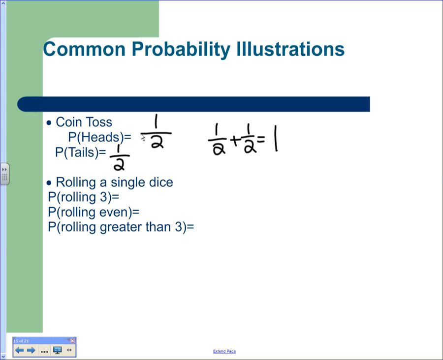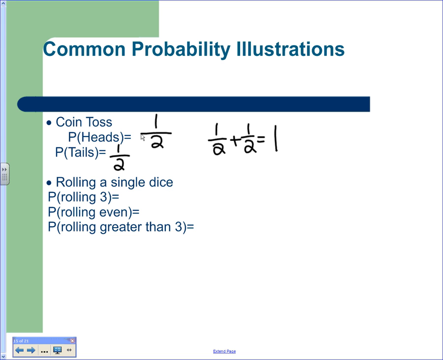Your total should always add up to 1. You can never have a probability greater than 1. If it's 1, that means it's guaranteed to happen. So if I said, probability of landing a heads or a tail with 1 coin is what? It's 1, because you're either going to flip a head or a tail, right?